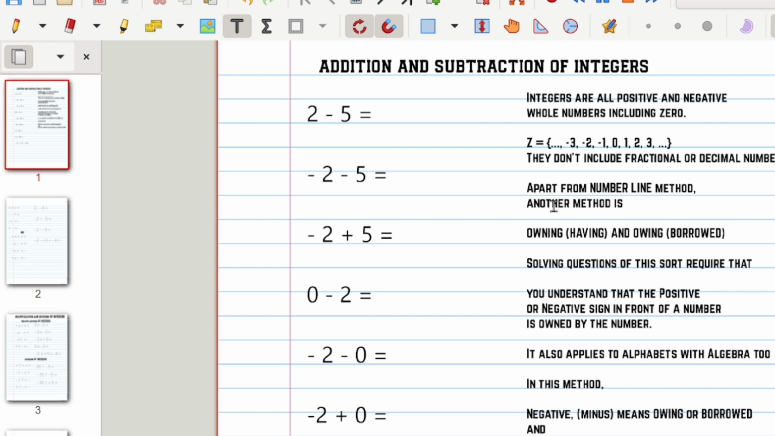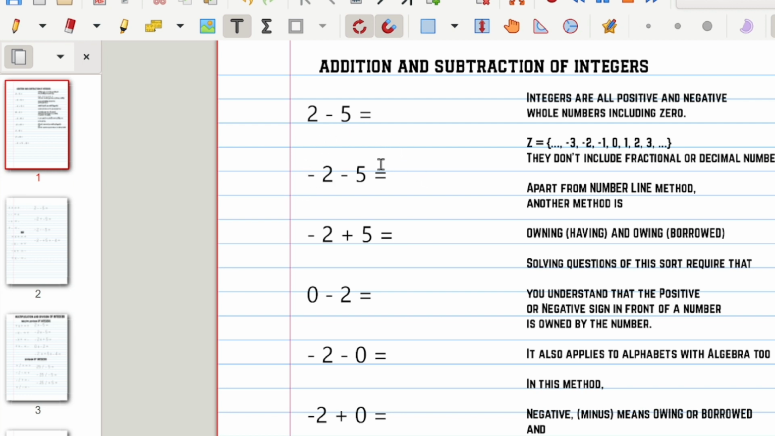I'm solving questions as regards addition and subtraction of integers with another method different from the number line method. This method I call owing and owning. That's owning as in having, then owing as in borrowing or borrowed. As we solve questions, we get to understand more. But before you can start solving questions with this particular method, you need to understand